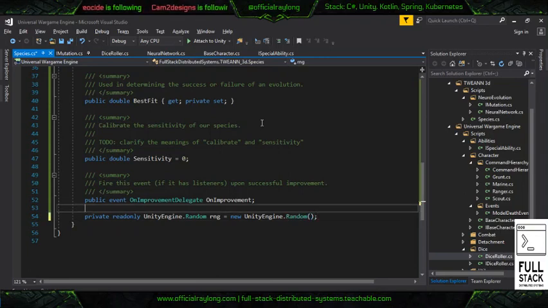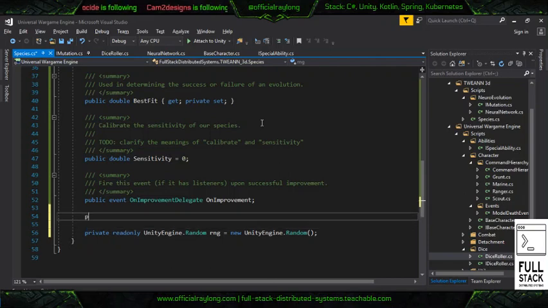I think this will work. So actually we do want